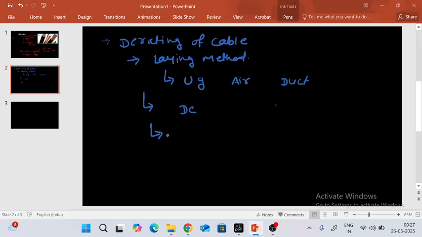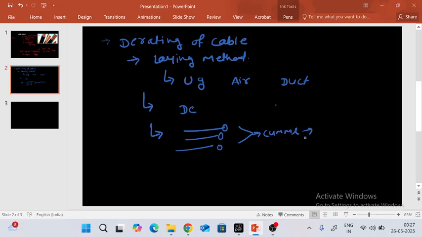And one more factor is that, for example, if we are running more runs of cables, this is one cable, this is another cable, these cables cumulatively generate more heat. This will also increase the temperature. To nullify that, we have to reduce the